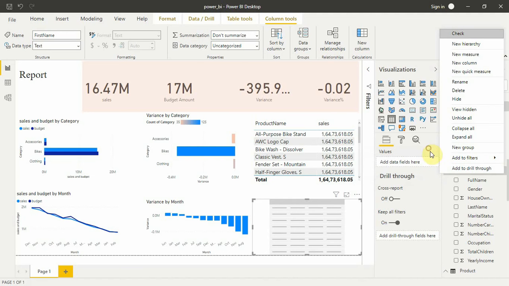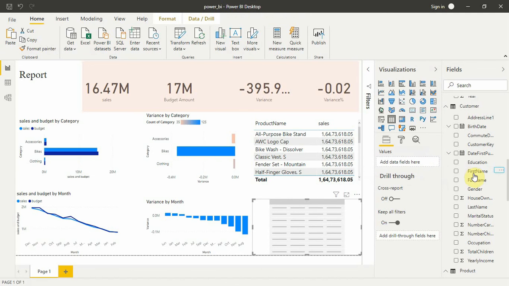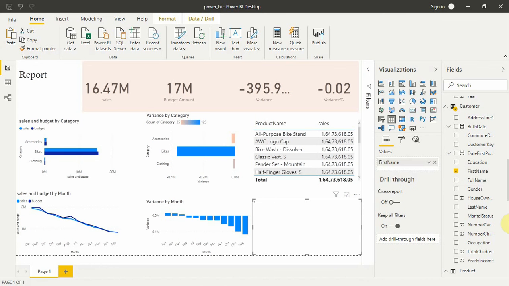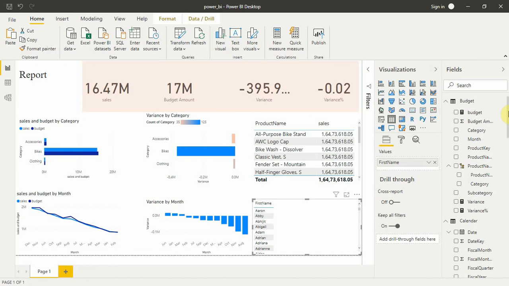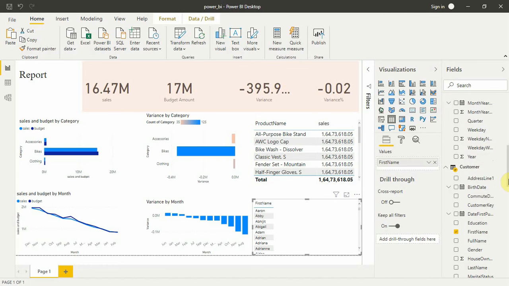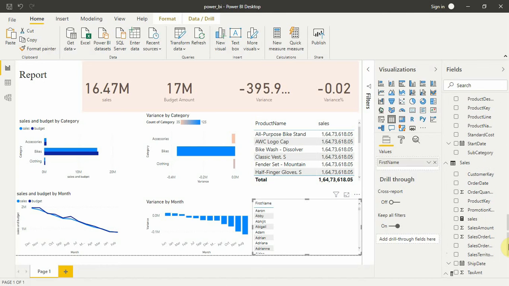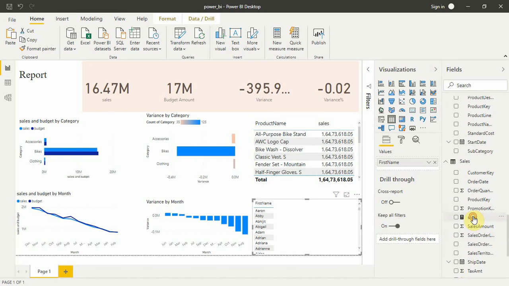Wait, guys. So we'll add just first name here. Thanks for being patient. And let's add the sales as well. Sales is here, our explicit measure which we made.